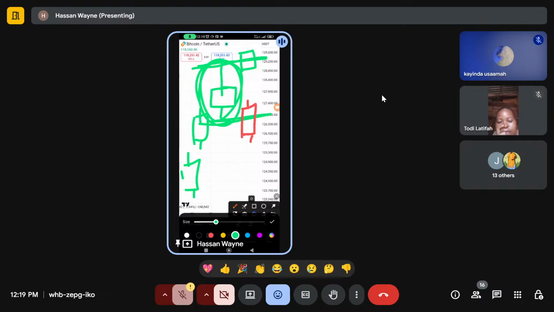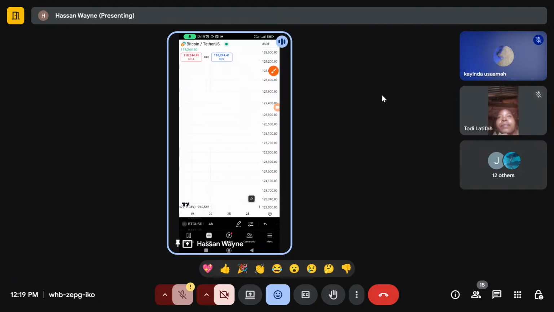So that is how we use a shooting star or inverted hammer to enter the market. There is another candlestick pattern, I hope we are okay with the shooting star. So there's another candlestick pattern. Today we are going to look at only 2 candle patterns. So there's a candlestick pattern called